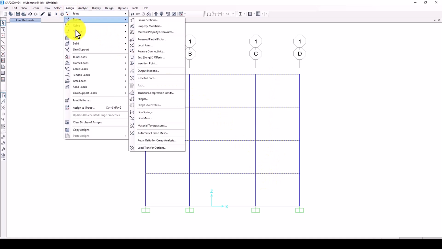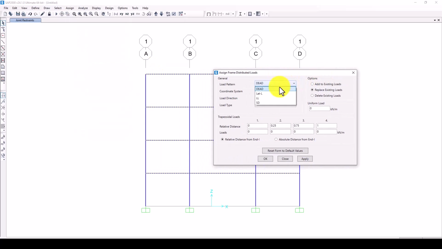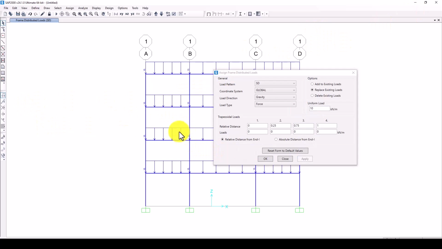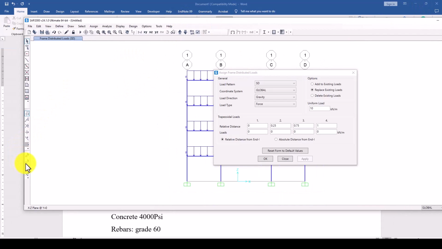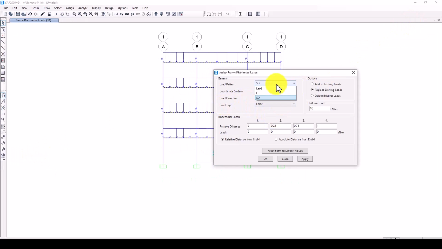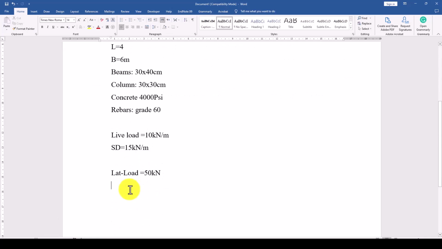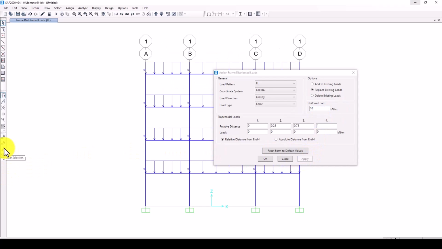and go to assign, frame load, and I'm going to call distributed load. So dead load is self load, and the super dead load is 10 kilonewton per meter. Apply, and so the dead load is applied. You can see here clearly the command previous selection, and assign this time a live load. I think the dead load was 15, and that was 10. So this is again 10, and again I come to the previous selection,